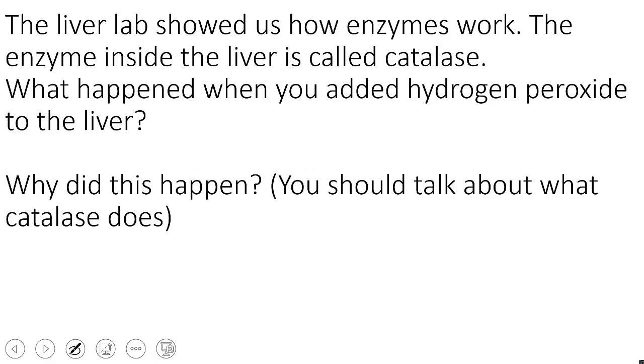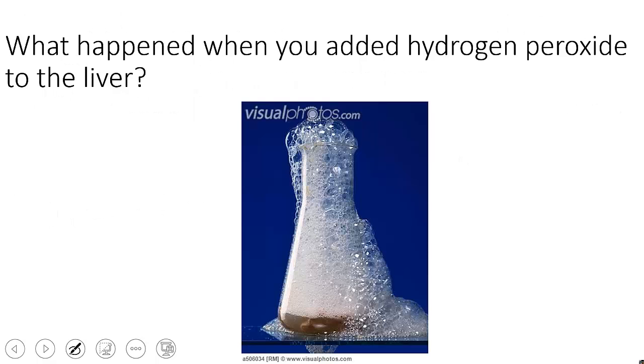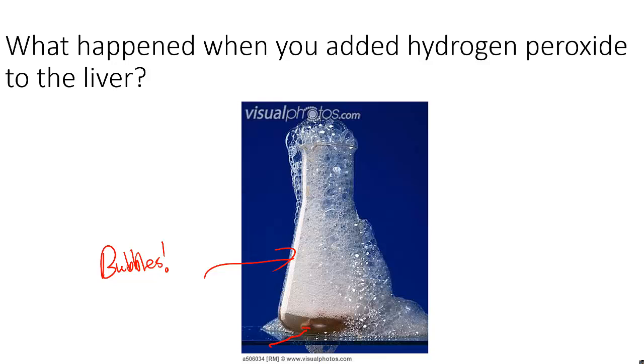The liver lab review. So the liver lab showed us how enzymes work. The enzyme inside the liver is called catalase. What happened when you added hydrogen peroxide to the liver? Why did this happen? So we have to talk about what catalase does. So the first thing, what happened when you added hydrogen peroxide to the liver? Well, we had bubbles, tons and tons of bubbles coming out from the liver right there,